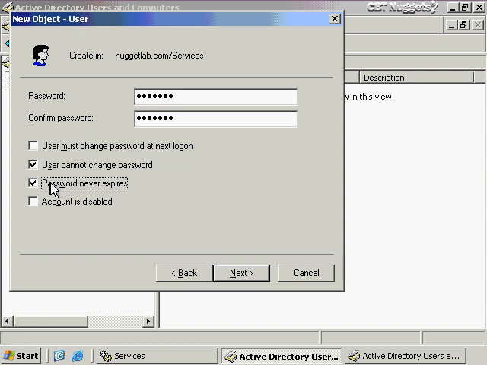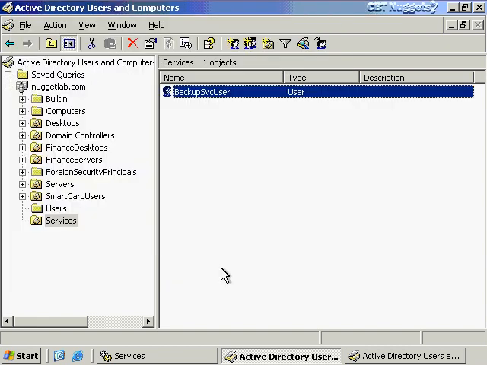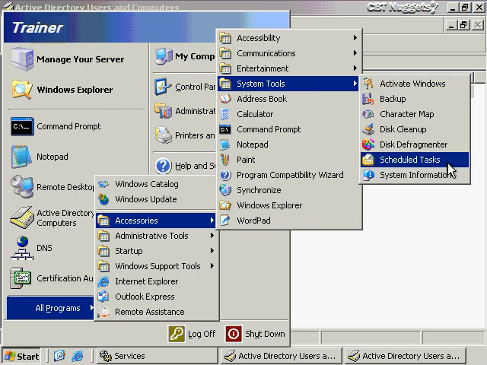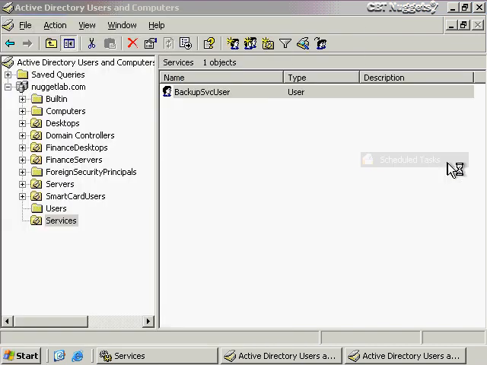Now, I also mentioned, by the way, that you can coordinate this in conjunction with things like scheduled tasks. So, for example, if I wanted to manually configure the scheduled task for this backup service account, then I might go to Start, then All Programs, then Accessories, and finally System Tools to find Scheduled Task right here. And then I might just configure this, and we won't go through every step because there are several things involved there, and that's not the main point.